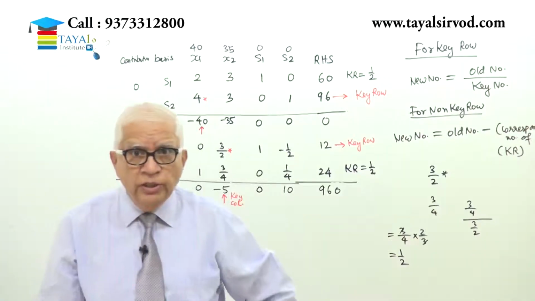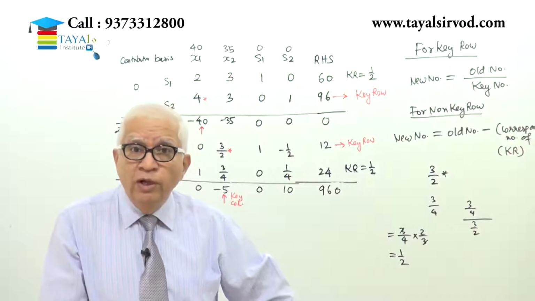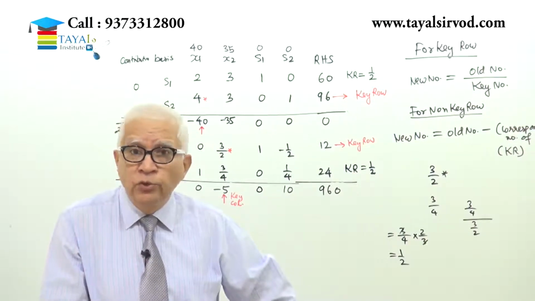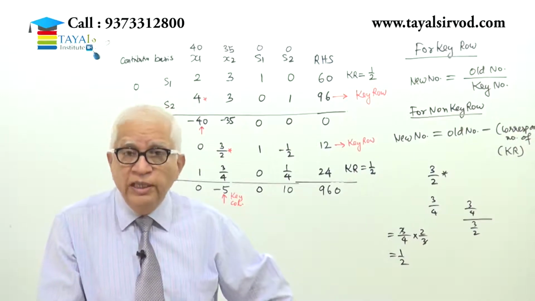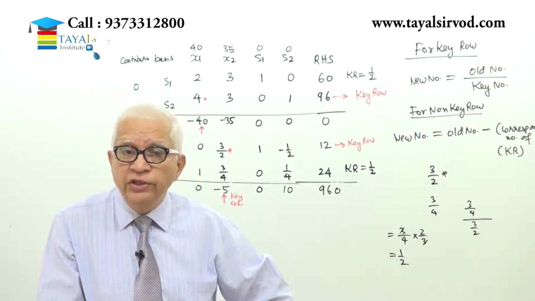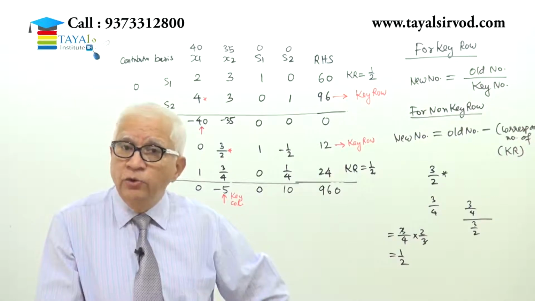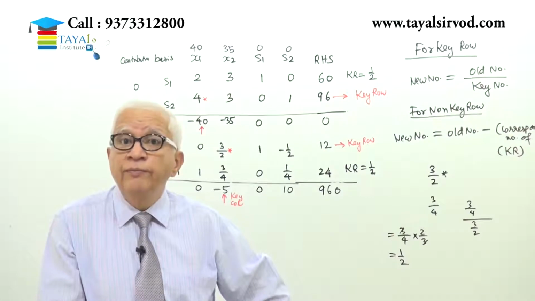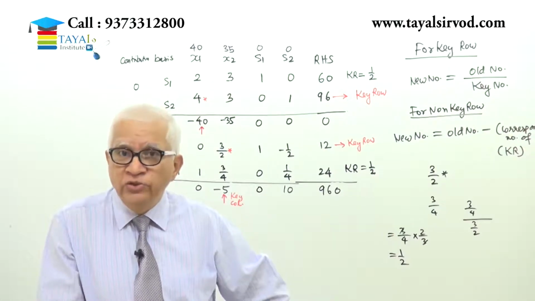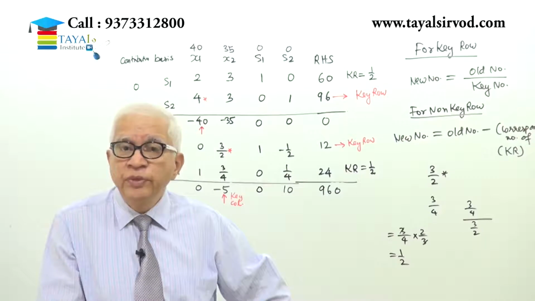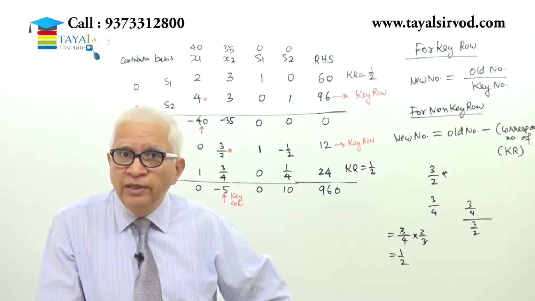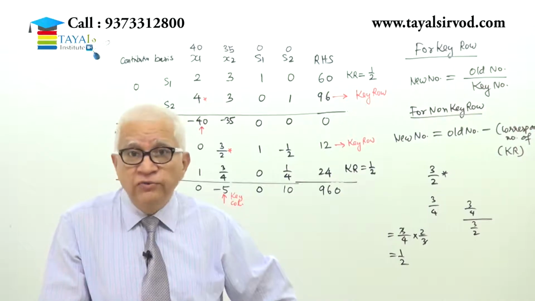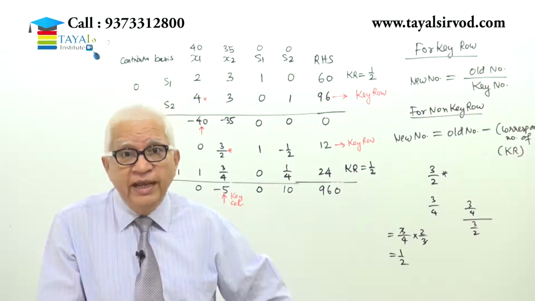From every table to the next table, what will happen is one variable will go out, one variable will come in. So in the basis between two consecutive tables, there will always be only one change in the basis. One variable will be outgoing variable, another variable will come in, and this will continue till when? Till you reach the optimal solution. And what is the test of optimality? If there is no negative number in the index row, you have reached the optimal solution. So let's find out the numbers in the next table.